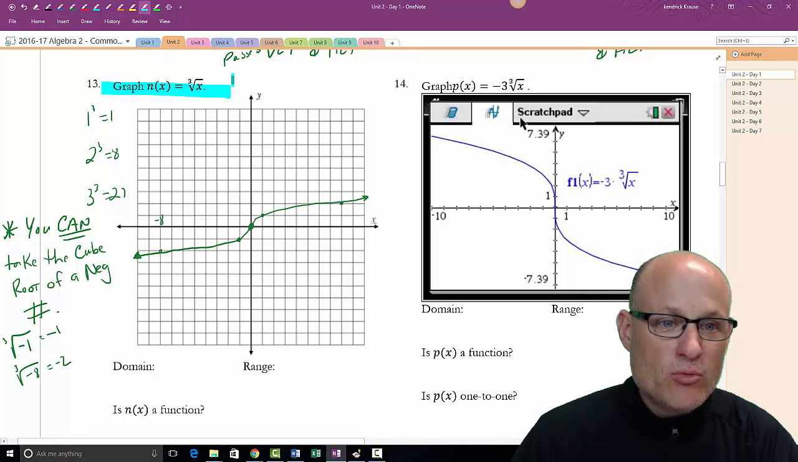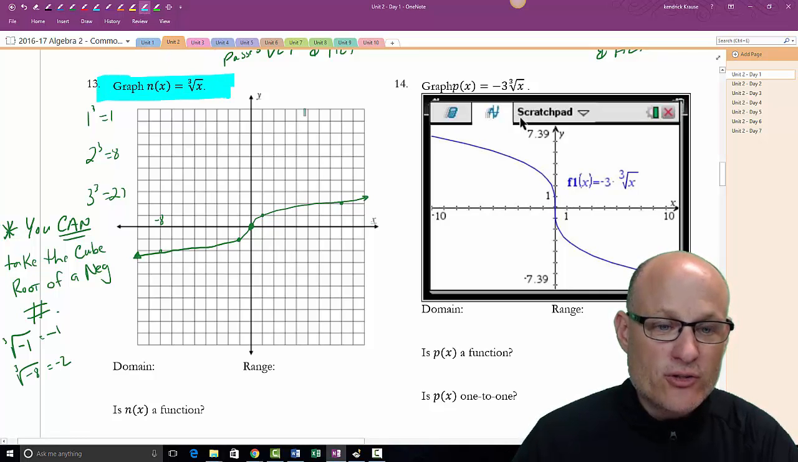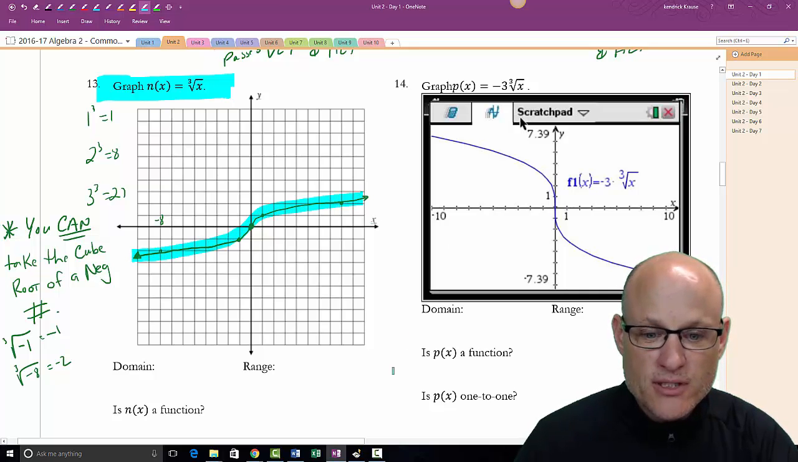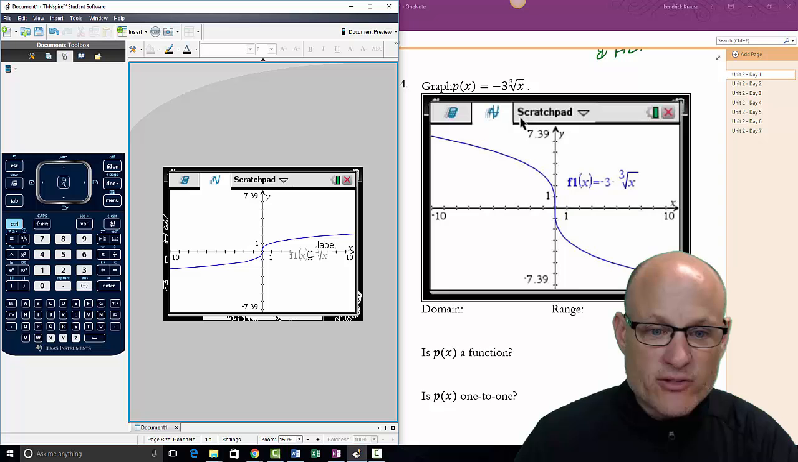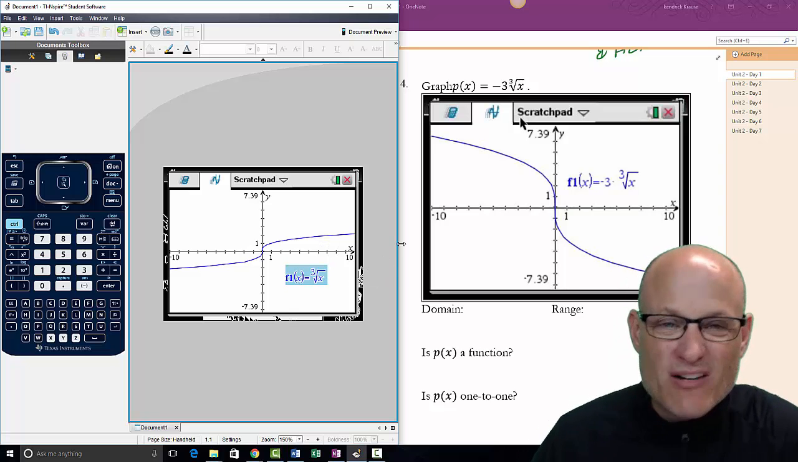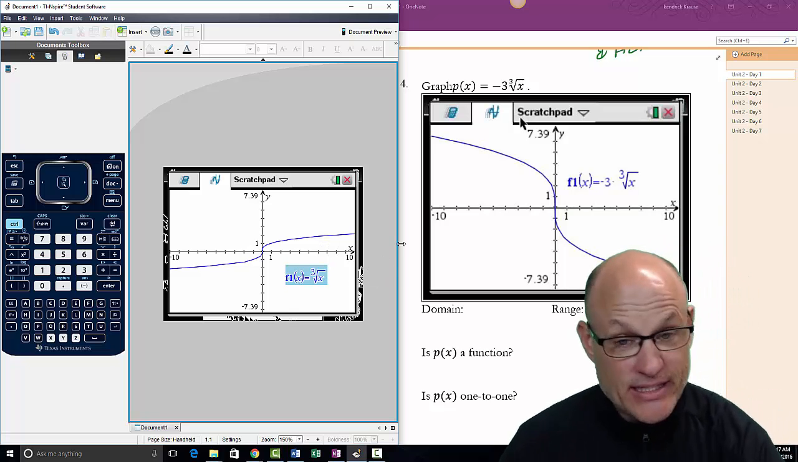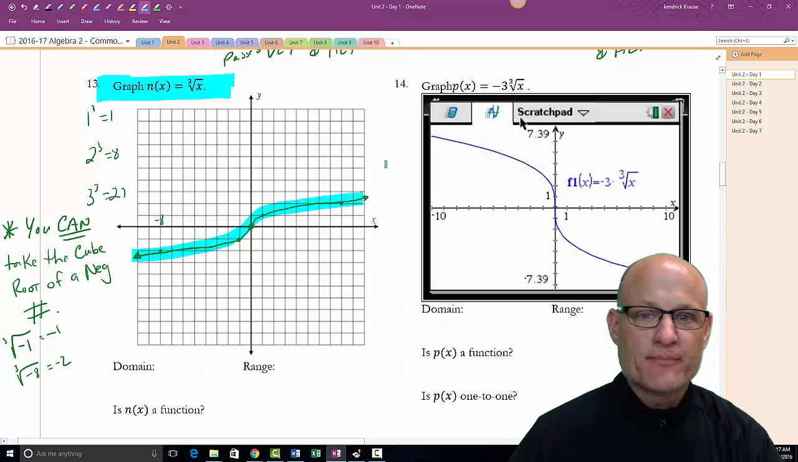The cube root of x. You need to know it's this squiggly looking thing like this. And if you looked at it graphically, that's what it's going to look like. That cube root of x. That's what it looks like. You need to memorize it. All right,